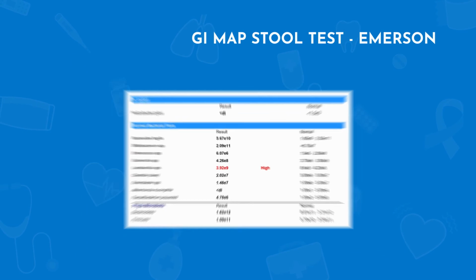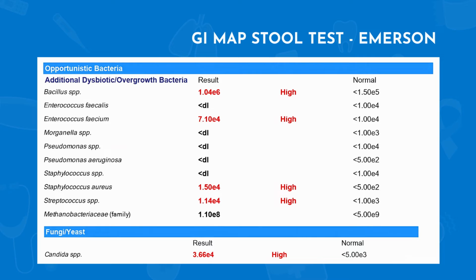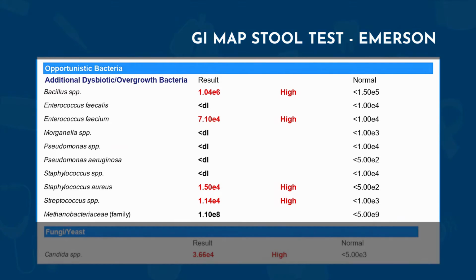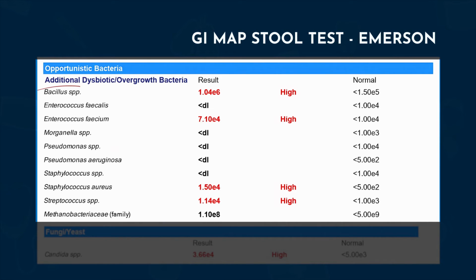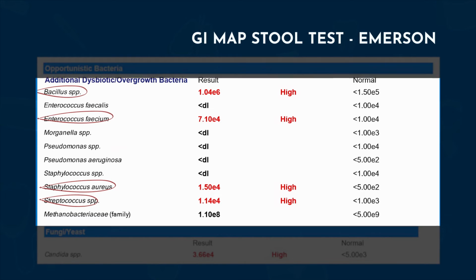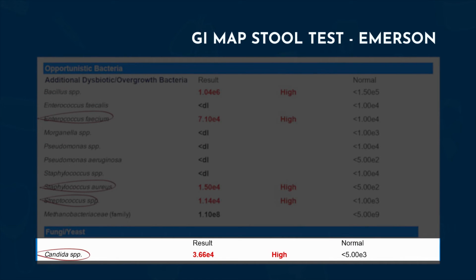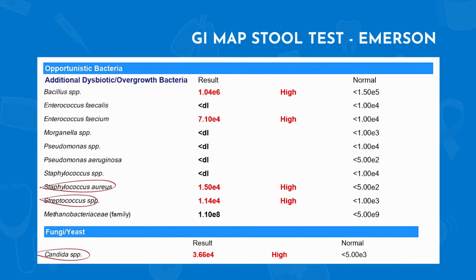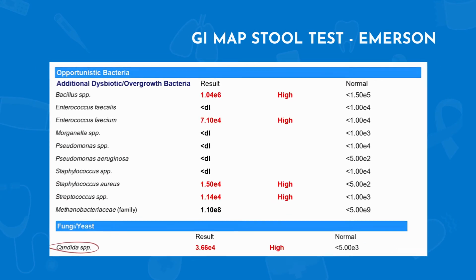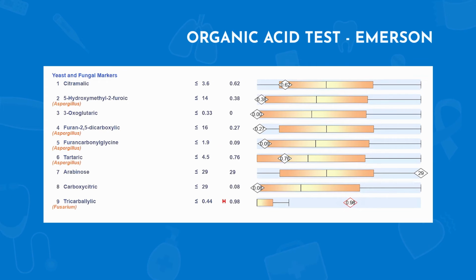So when this isn't present, we'll talk about what I do when we get to the plan, but it is an important species. Now, when we look at the dysbiotic or not so good bacteria, we actually do see some overgrowth. So we see Bacillus, Enterococcus faecium, high Staph aureus, high Streptococcus, things that we definitely want to get down. And the yeast showed up on the stool test as quite high as well. So I know that there's Candida overgrowth. The OAT again wasn't particularly helpful on this patient. The GI map was really kind of the hero functional medicine lab, as well as the Dutch, I will say.